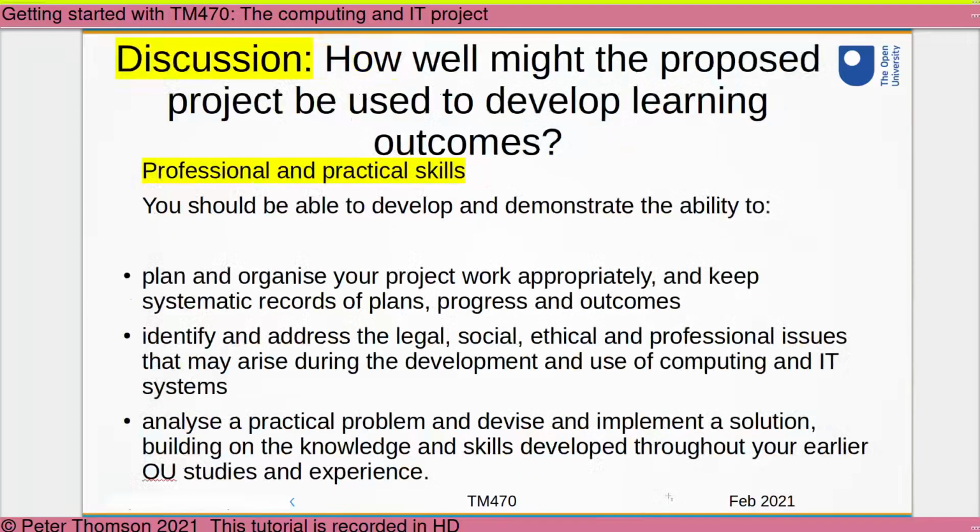Professional and practical skills: able to develop and demonstrate your ability to plan and organize your project work appropriately, keep systematic records of plans, progress and outcomes, identify and address the legal, social, ethical and professional issues that may arise during the development and use of computing and IT systems. Analyze a practical problem and devise and implement a solution, building on the knowledge and skills developed throughout your earlier